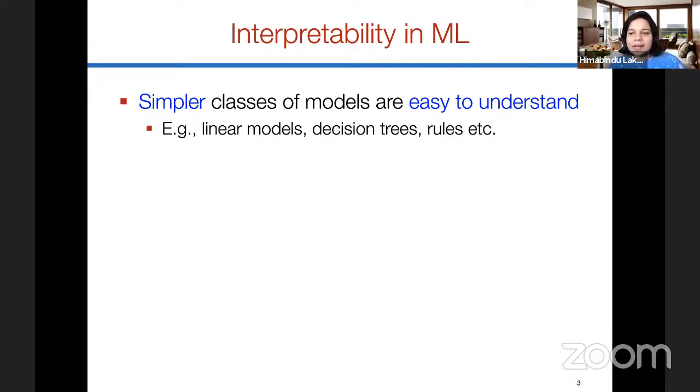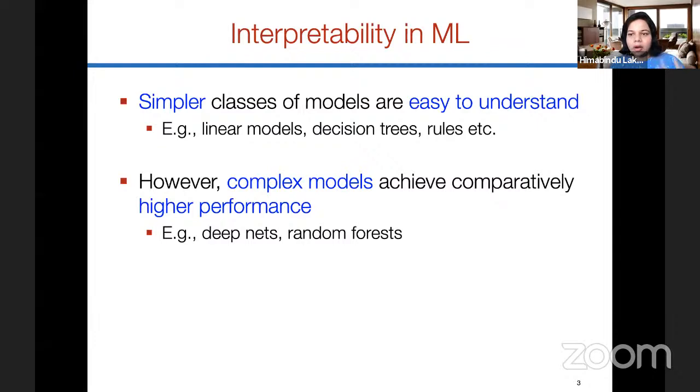So for example, linear models or decision trees, again, sparse or shallow decision trees, sparse linear models, simple rule-based models, these are somewhat easier to understand. However, there has been a lot of research in the past decade or so which has shown that complex models can achieve comparatively higher performance than simpler models. And when I say complex models, these could be large deep nets, random forests, gradient boosted trees, and other kinds of ensemble models, right? Especially when the data is high dimensional, like we have seen examples in the case of vision and NLP, and even larger high dimensional tabular data sets,